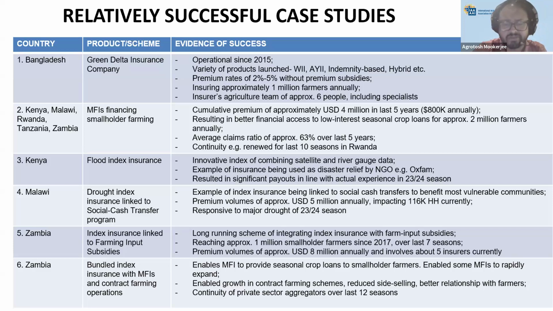And of course, there have also been quite a few cases, interestingly, with the private sector, with aggregators like microfinance institutions, banks, and agribusinesses, which have again enabled these entities to provide more financing to small-scale farmers and provide markets for small-scale farmers to sell their produce to, and so on.